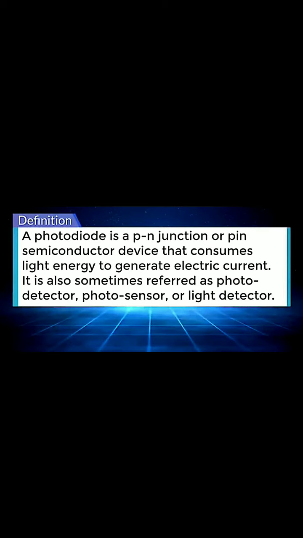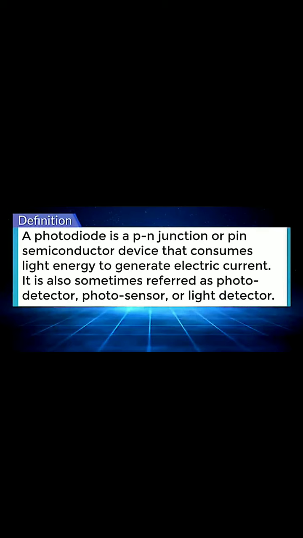Today we discuss another special type of semiconductor diode, that is the photodiode. In the last class we discussed the LED, light emitting diode, its symbol, how it works, how the light is emitted from the diode in the form of photons, and its IV characteristics graph for different colors of light. And also some advantages of LEDs over low power lamps.